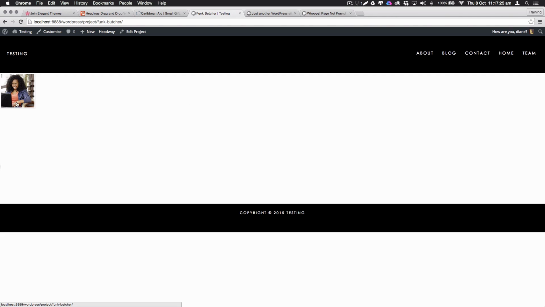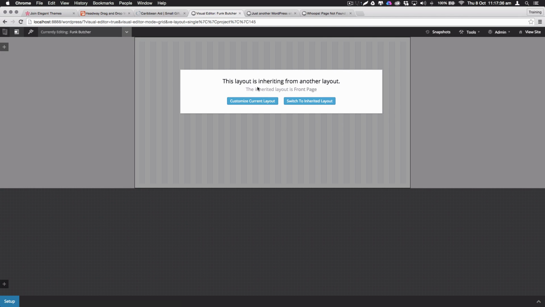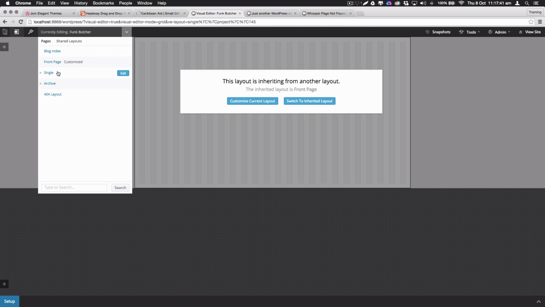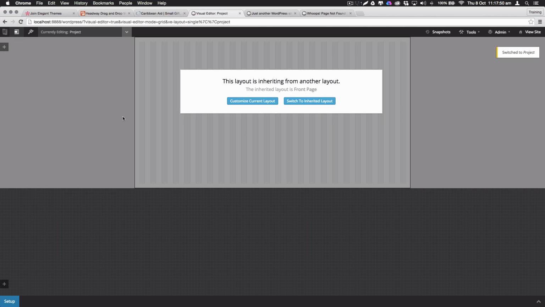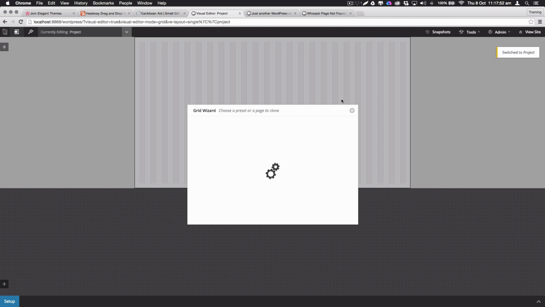Now, we don't want the featured image on the side. How do we get rid of this featured image? Well, we can do that pretty easily by going into Headway. And what we want to do is we want to click here and we want to click on single, and as you could see, project is now a custom post type within Headway. So we can click edit, and what we want to do is we want to mimic the front page. Okay, so we can clone this layout,